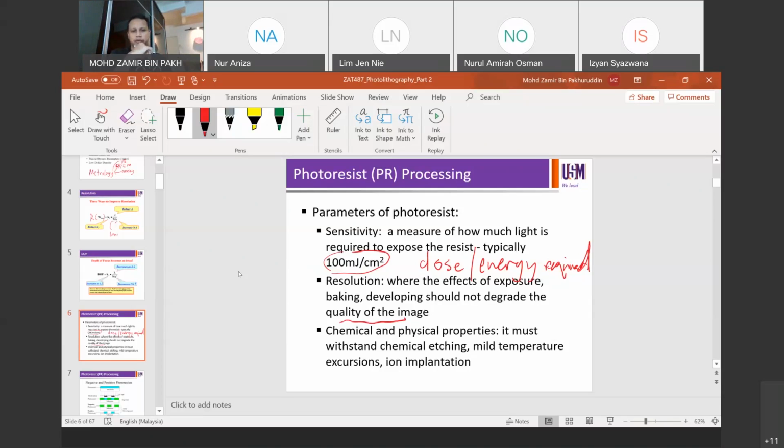The next property of the resist is categorized under chemical and physical properties. So the resist needs to withstand